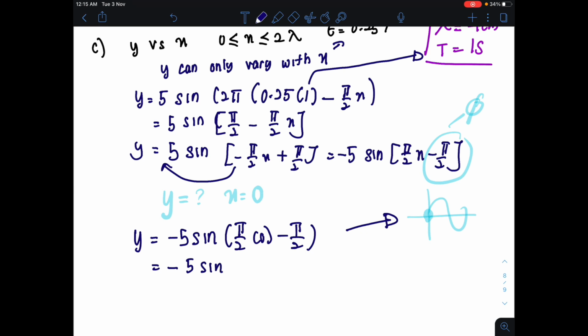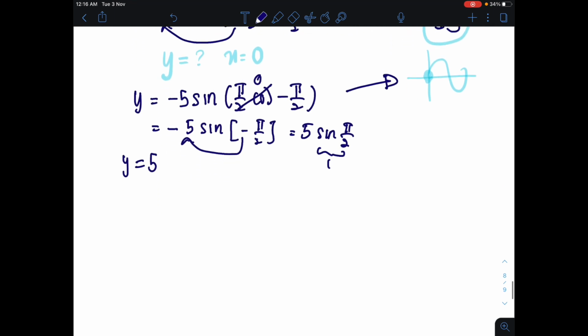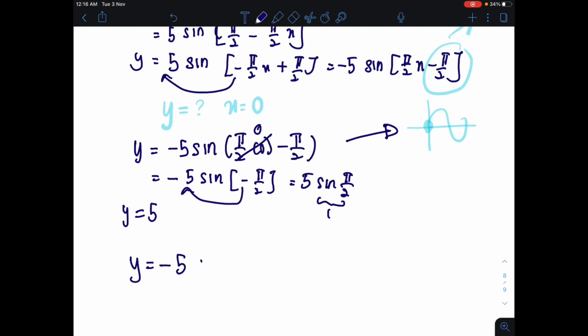Negative 5 sin, ini jadi kosong, minus pi over 2. I'm going to bring my negative here. So, negative become positive. 5 sin pi over 2. Sin pi over 2, tekan calculator dapat 1. 5 darab 1 dapat 5. So, my y is equals to 5 when my x is equals to 0. So, now for the equation of yang negative 5 sin pi over 2x minus pi over 2, bentuk graf dia adalah,